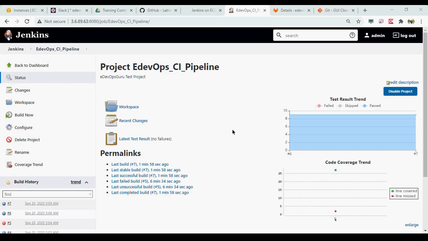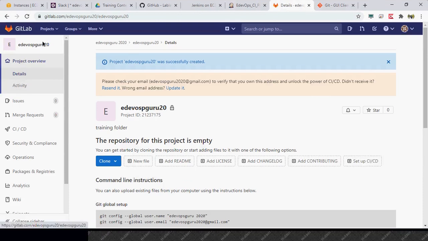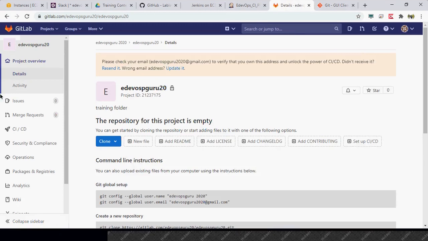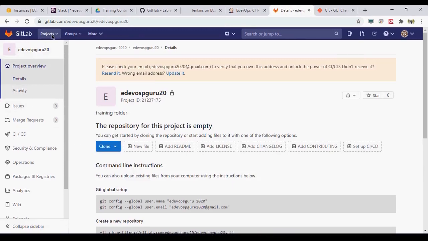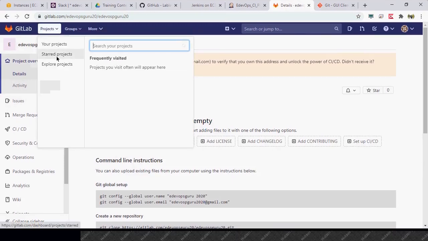As we have already discussed how to create your GitLab account, I have already created one GitLab account.